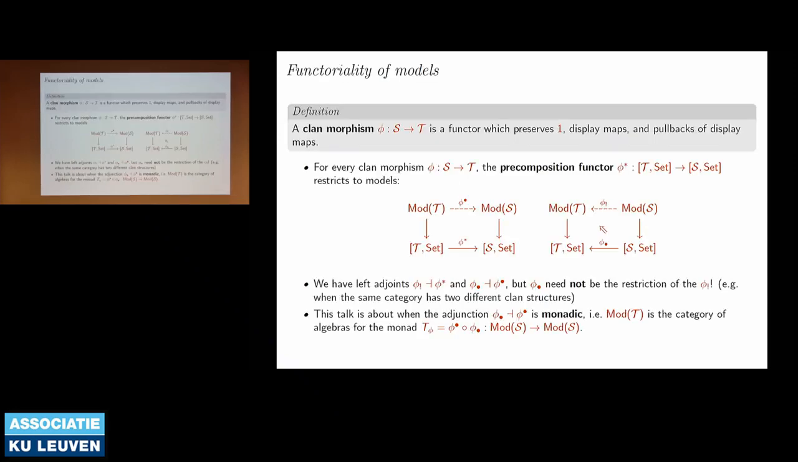Okay, what I want to talk about is this adjunction given by the phi lower bullet and the phi upper bullet. The phi lower bullet should be here. When this is monadic, meaning when the models of T are equivalent to the algebras for the monad obtained by composing phi upper bullet and phi lower bullet. And this monadicity is very well understood for ordinary algebraic theories, single-sorted or many-sorted, and I'm going to quickly